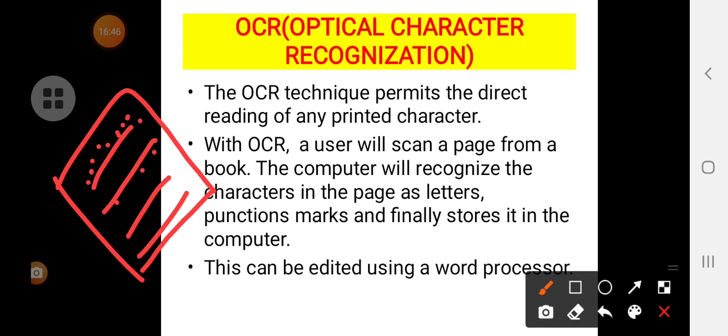With OCR a user will scan the page from a book. Okay, so this page will be scanned. The computer will recognize the characters in the page as letters and punctuation.